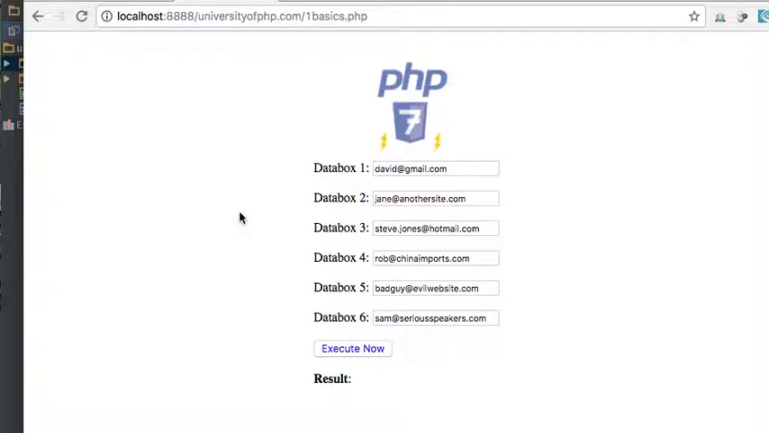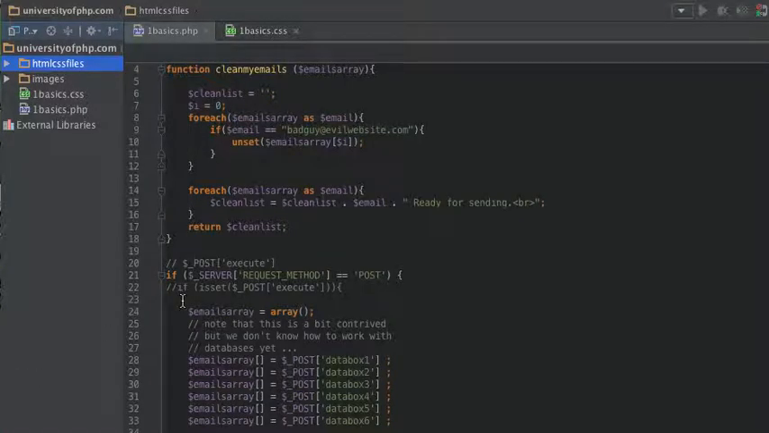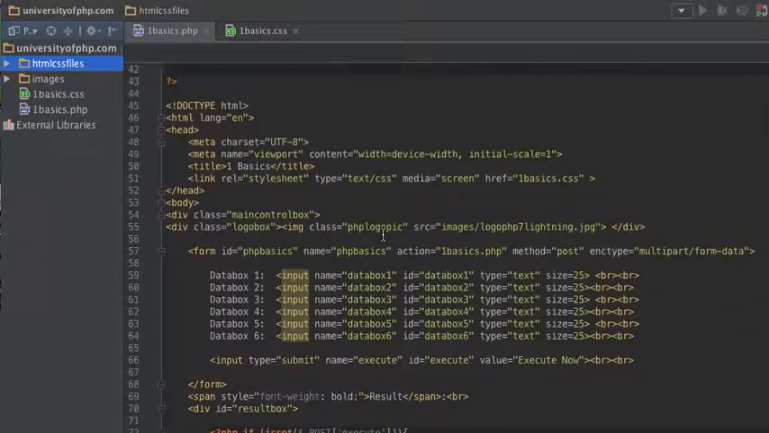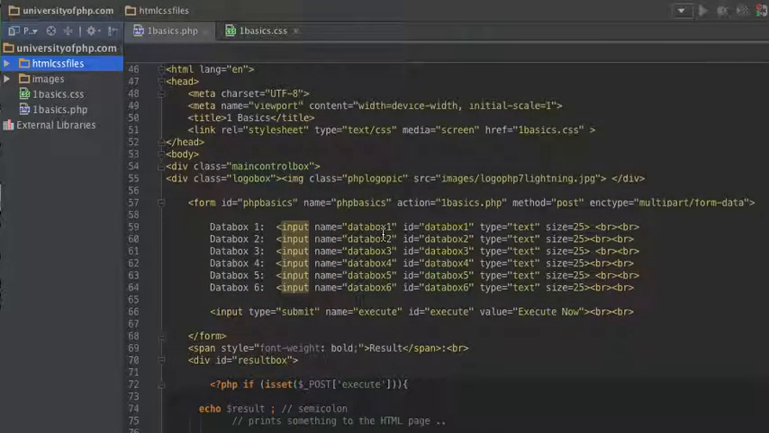Okay. So now we're going to learn how to use a basic loop in PHP, a foreach loop. So let's see here. Okay. Now, what we have here is a